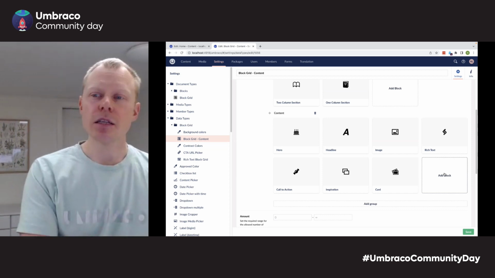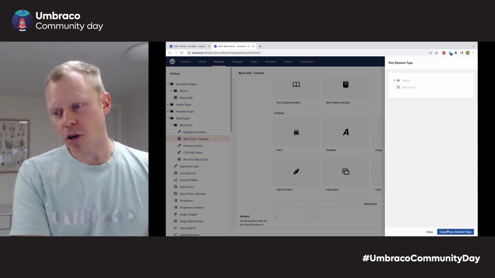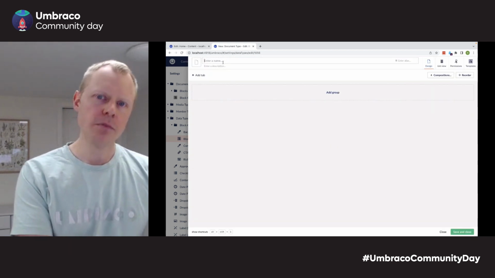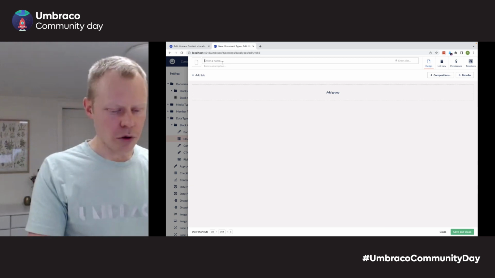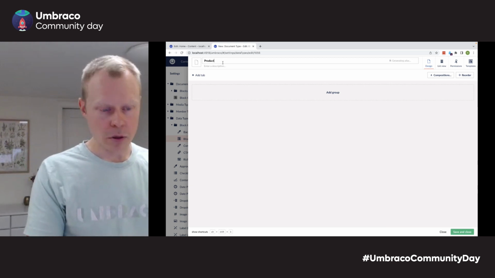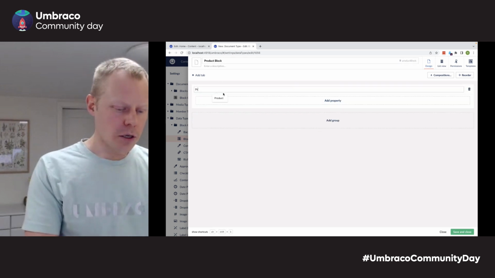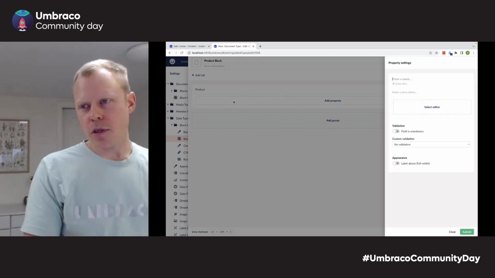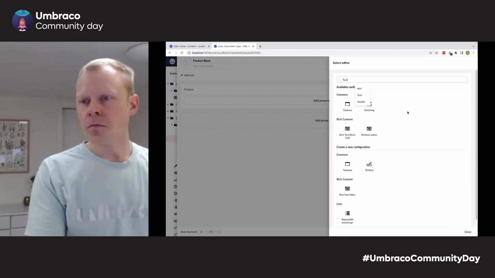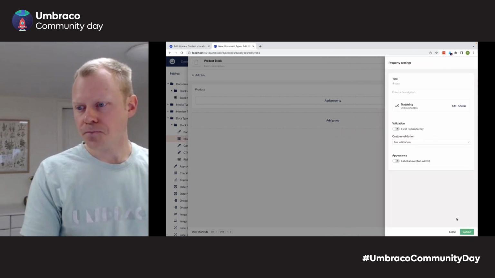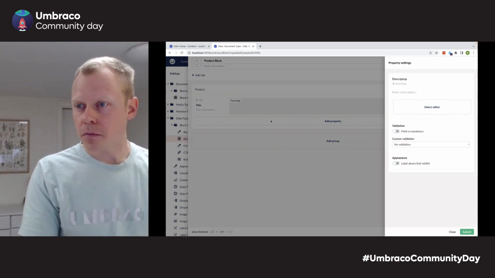So the block that the customer wants is one to represent a product. So I'll go ahead and create a new block and create a new element type for that, and I want to call it product. Let's just call it product block. It's going to contain a little bit of information, like we want a title for that product, and we want a description,